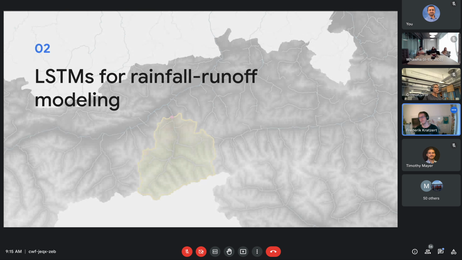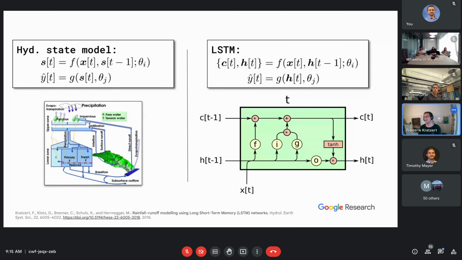And we will now come to the main part of my talk. Before we go over some results, I want to go one step back. As the title already said, my talk is mainly about the LSTM, or the so-called long short-term memory network.